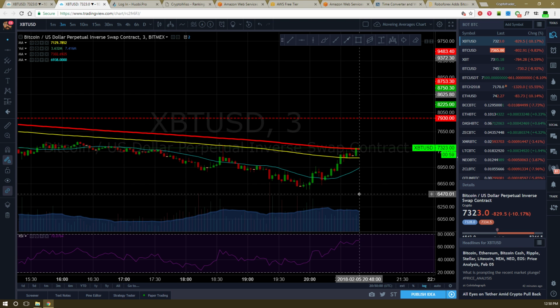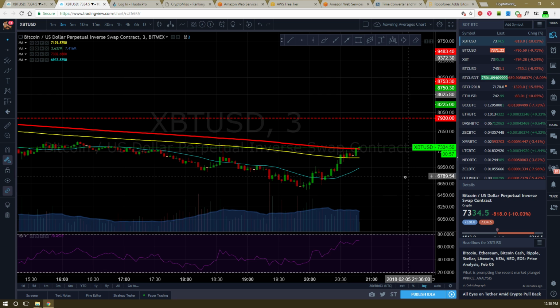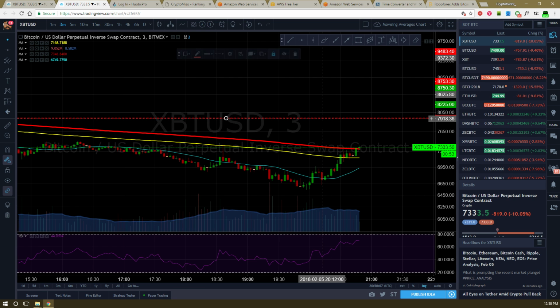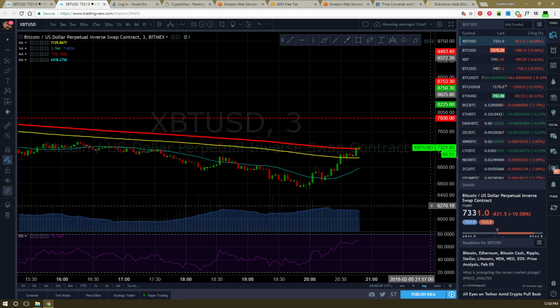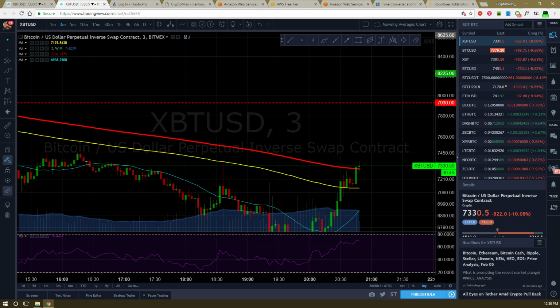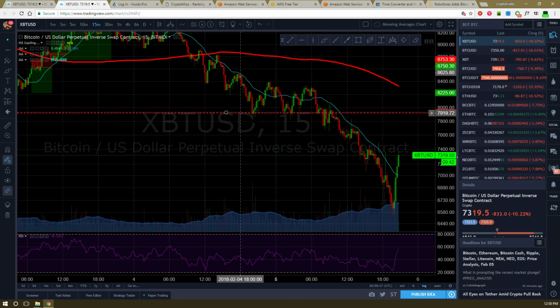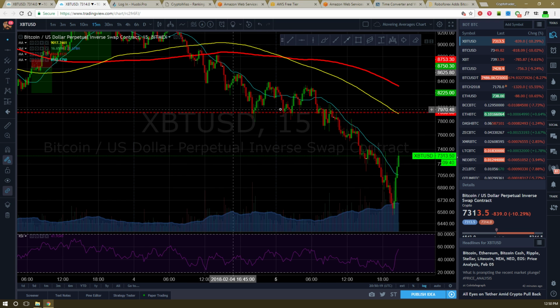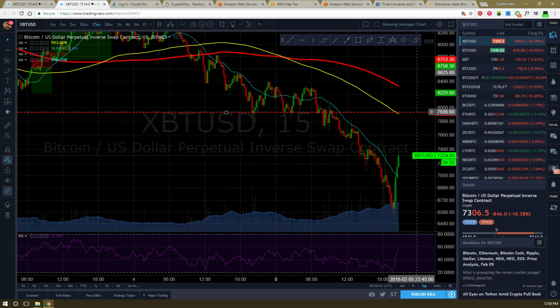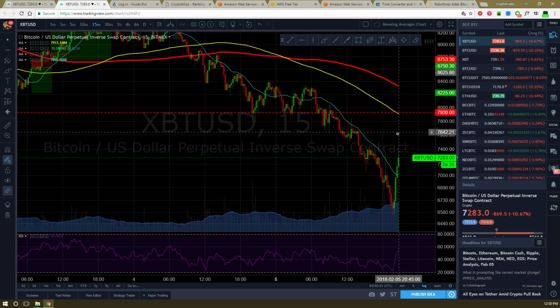All right, now this is on the daily right here. This one right here is the moving average on the daily. So it's good that you track that on a lot of your different time frames, okay? Like 1 minute time frame, 10 minute, whatever time frame you use.